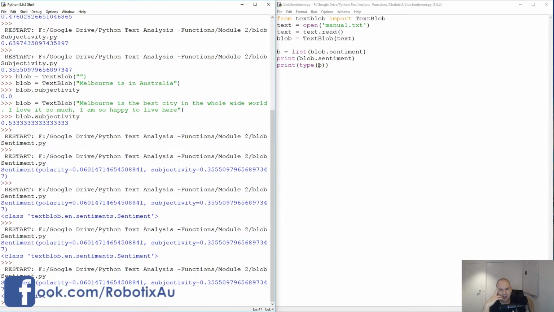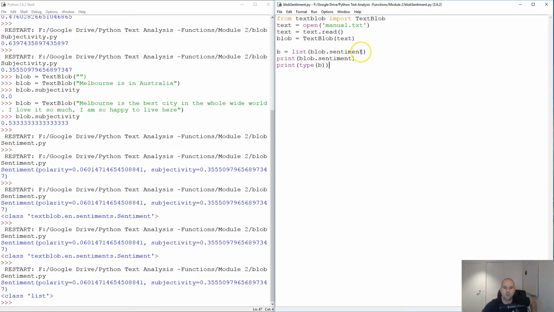So that is blob.sentiment. Now, I don't really see any reason to use blob.sentiment as opposed to just subjectivity and polarity. But I just wanted to show you this function. It only is going to take 2 minutes. And you can sort of quickly get a feeling for what the text is about by running